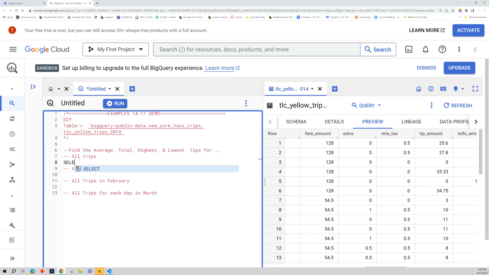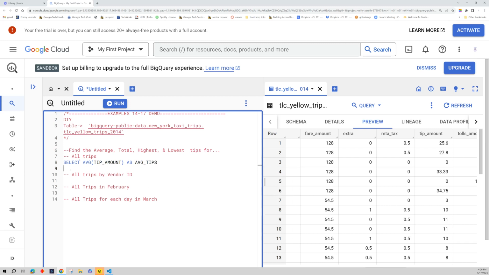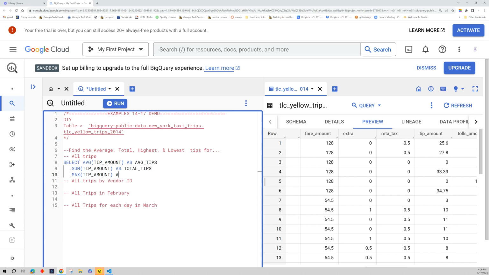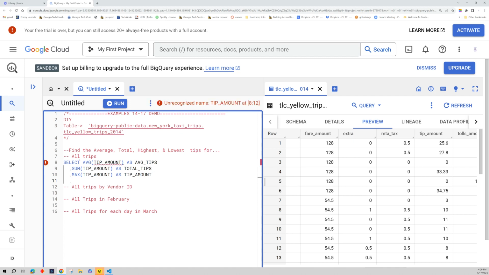We're going to type in select, and what do we want to know? We want to know the average of tip amount as average tips. We want to know the total. When I hear total, I'm going to think sum. So I want to sum up all of our tips as total tips. I want the highest or the maximum of the tip amount as tip amount. And the lowest, that's going to be min tip amount